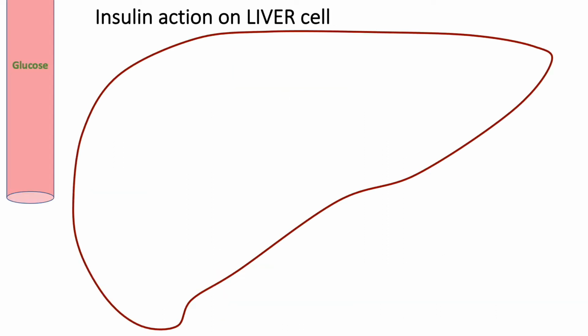So here we're going to look at insulin's action on the liver cell. Here we have a liver cell, and over here we have a blood vessel with glucose in it. When we eat food, our blood glucose levels increase. Now the glucose can enter the liver. How is it going to do that? It's going to go through the GLUT2 transporter. Again, this is an insulin-independent transporter. It doesn't rely on insulin for its mode of action,